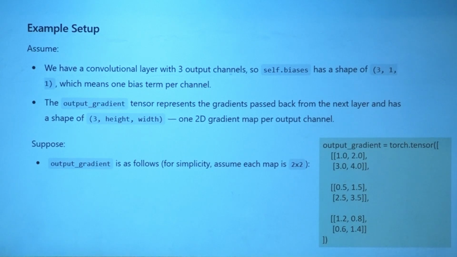With this, what is the meaning of summing all the gradients across the spatial dimensions, both horizontally and vertically? It means that with respect to height and width, these elements are to be summed. If you sum these 4 elements, what value will you get? 10. Correct?